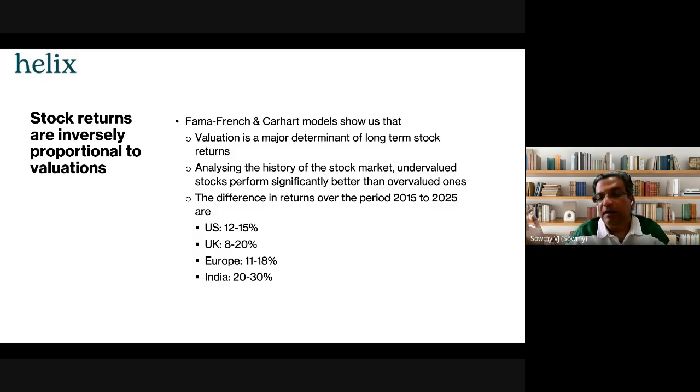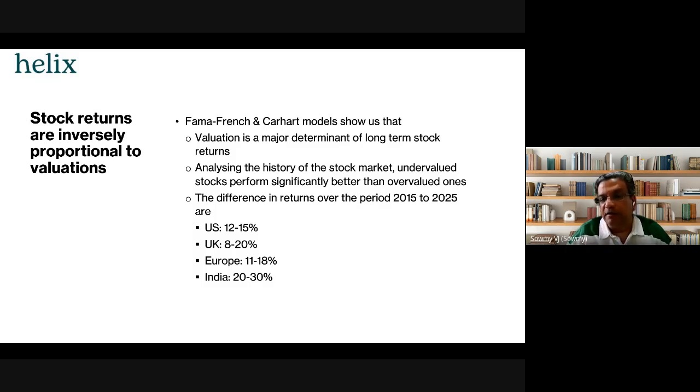And how does that work? Our backtest from 2015 to 2025 tells us that the difference in returns just by doing this simple spreadsheet mechanism, nothing great,